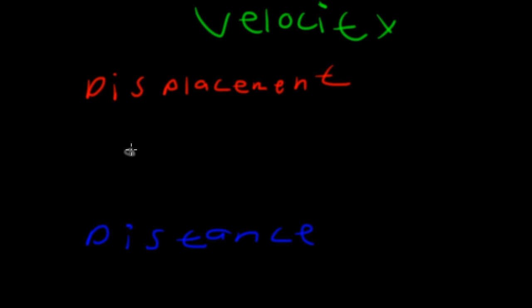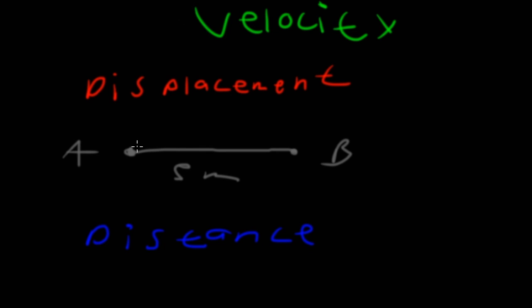So let's say we have 2 points, point A and then point B, and they're 5 meters apart. So in terms of displacement, which is how far an object is relative to its zero position, its zero position would be A because it's starting there. If it went from A to B, the displacement would be 5 meters because it's 5 meters from its zero position. However, if it went from A to B, which is a displacement of 5 meters, and then B to A, its displacement would be 0